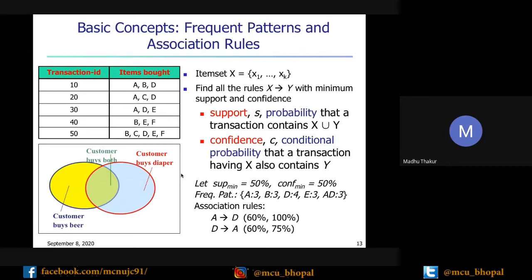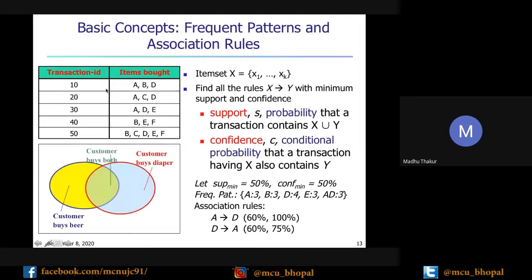For example, suppose the rule is A implies D. What will be the support? You can count how many times A and D are bought by the customer together. In the first transaction, that is one time. In the second transaction both are available together, so 2. And in the third transaction, 3.